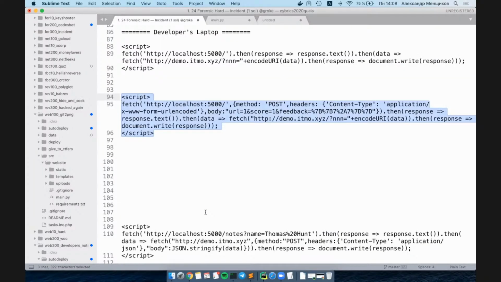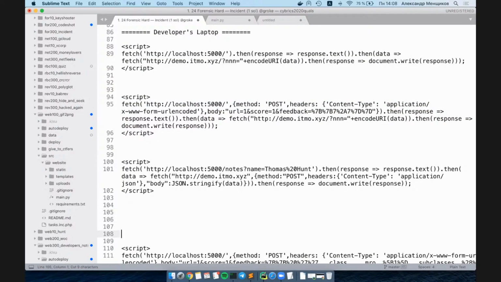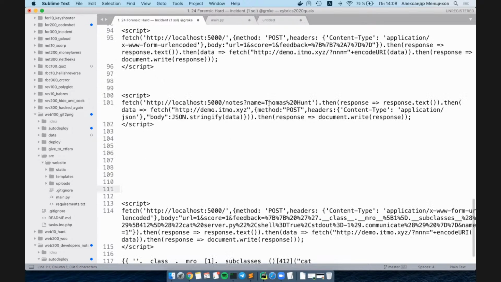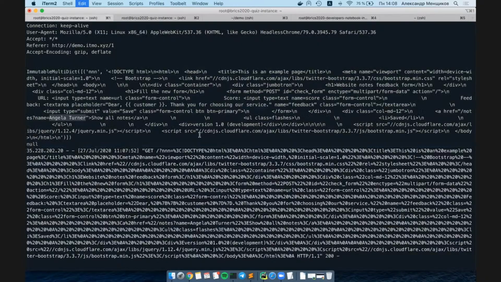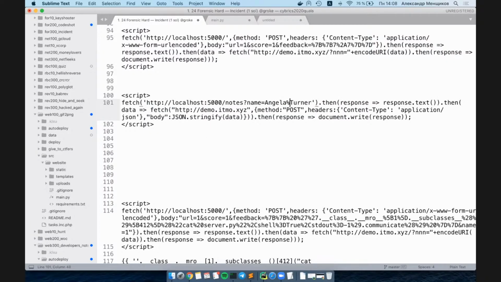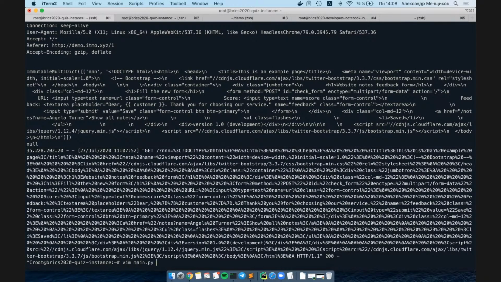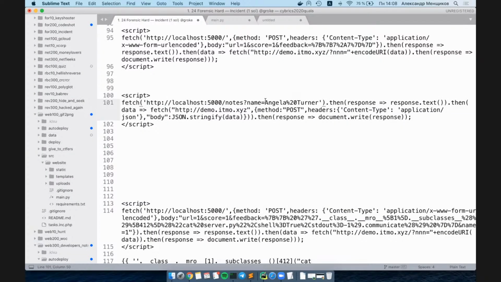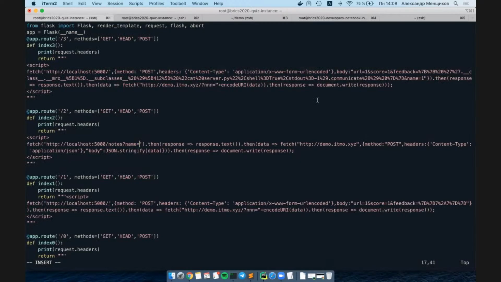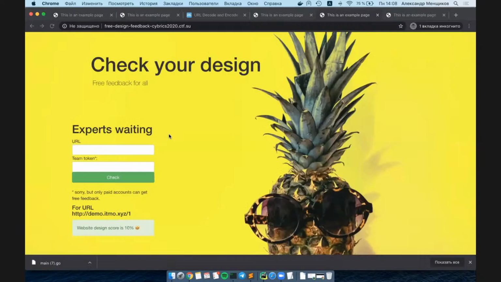Let's create another JavaScript which is doing this GET request with the name that we've got, and the name was Angela Turner. So let's modify our request and copy Angela Turner here. And let's run and ask,